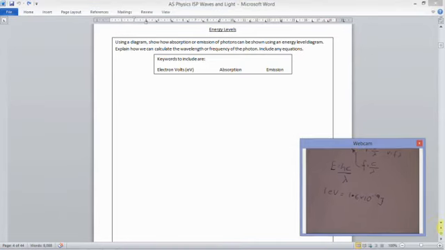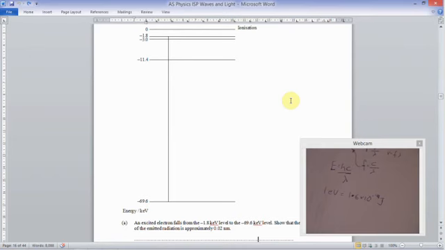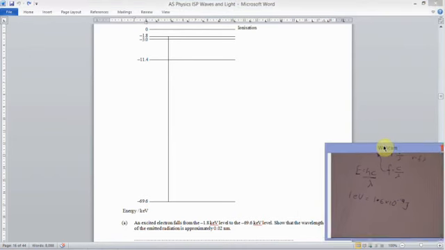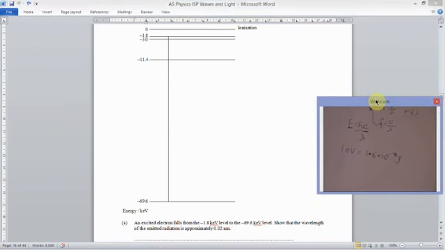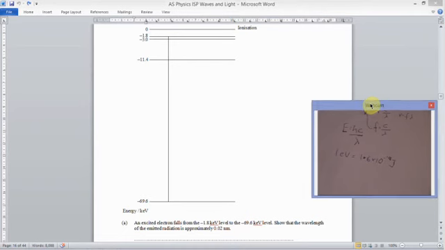There's the photoelectric ones from last time. So here we go, task 2. The diagram shows some energy levels of a tungsten atom. An excited electron, so excited means, remember, it's being given energy. So an excited electron falls from the